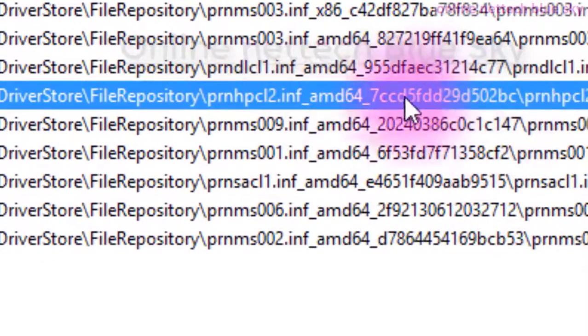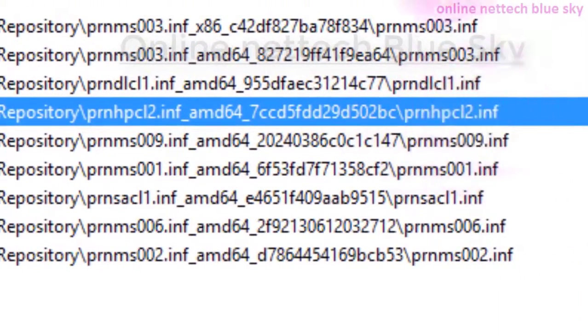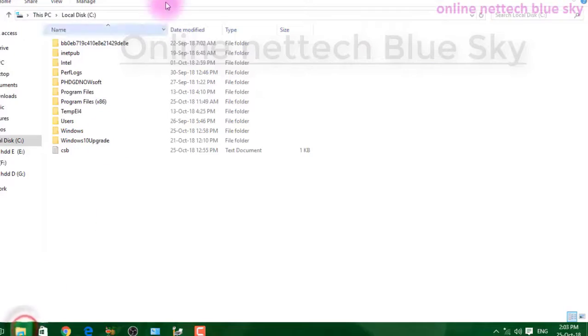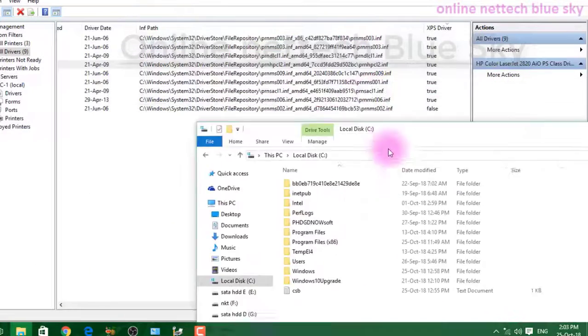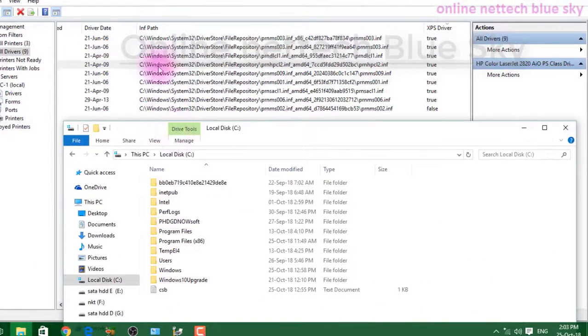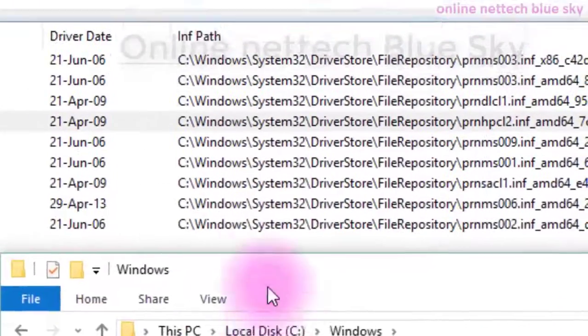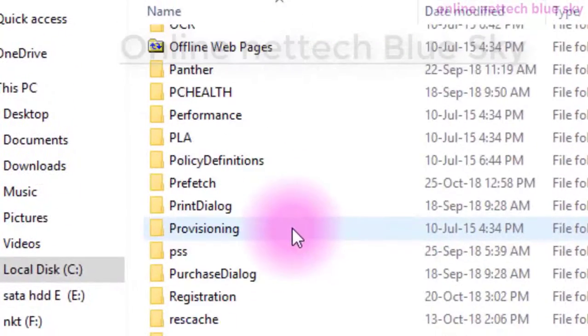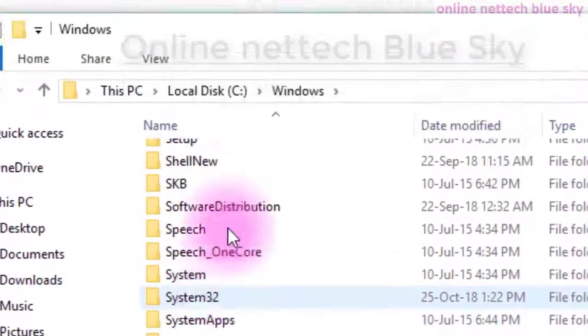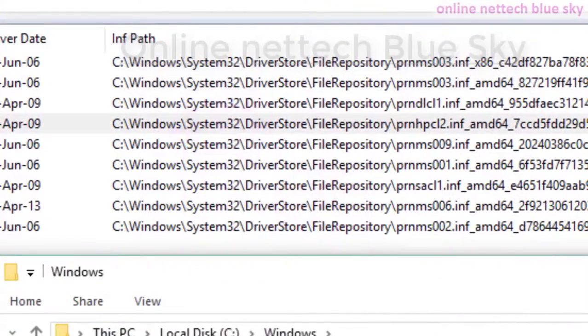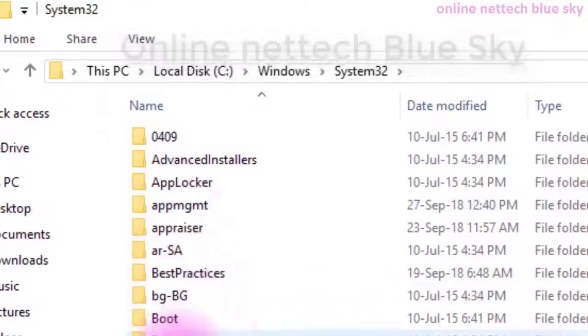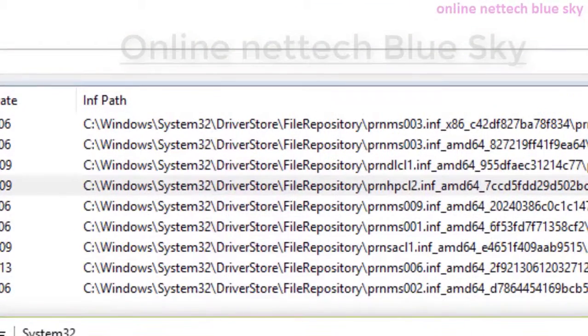This is my printer folder, and the files are stored here. I'm going to these locations first and showing you how the files appear. Windows, then System32, I find the System32 folder here, and DriverStore.